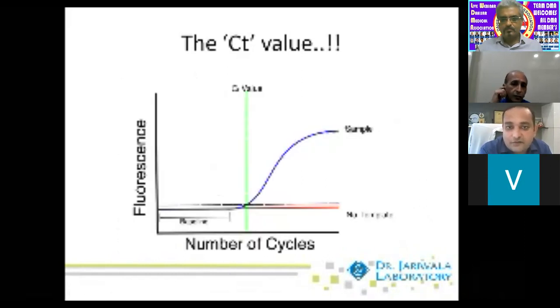Now, this is a graph of the CT value, wherein we are looking at the number of cycles of amplification on the x-axis and the fluorescence detection on the y-axis. The cycle number at which the graph begins to rise is the CT value, where we can see the green line which has been drawn on this graph. So in this particular reaction, this is the CT value. This is a little bit of technical stuff that I'm bringing out, but it's just for our knowledge. It is not going to be very heavy, I promise. Next slide, please.